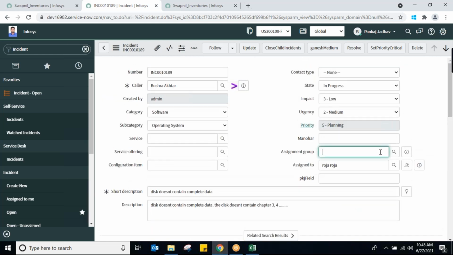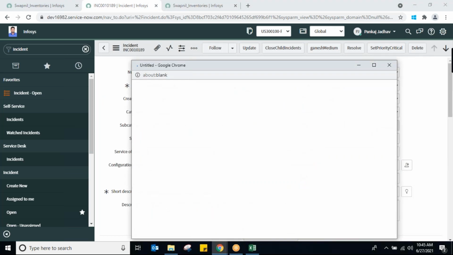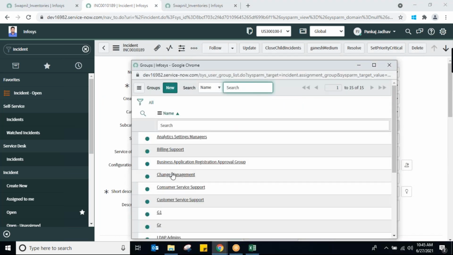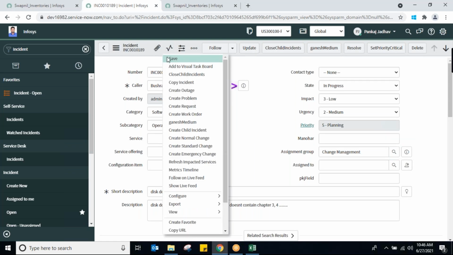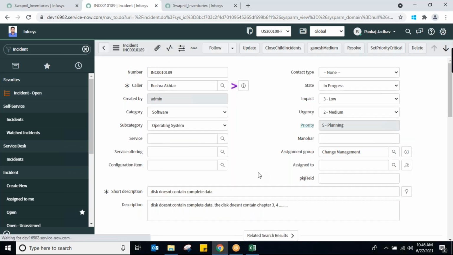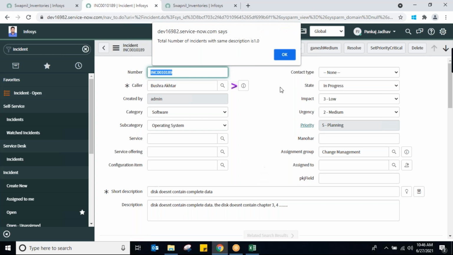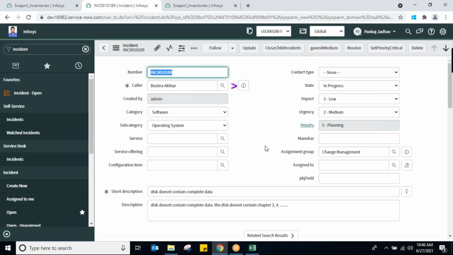Let's see if we have some dummy data. We have, yeah, passing it to change management team, because after initially working on this incident, I realized that there is some other team in the company that will handle this ticket. So it is not necessary. See, ideally it comes to L1, who is the single point of contact with the customer. L1, based on his or her knowledge, will assign it to certain group initially, but then that certain group, which